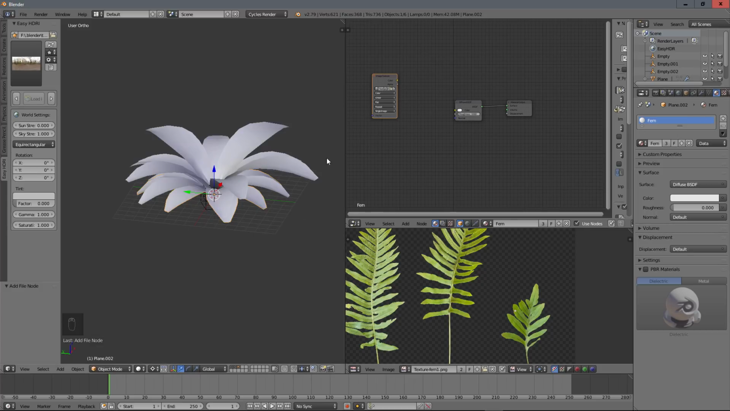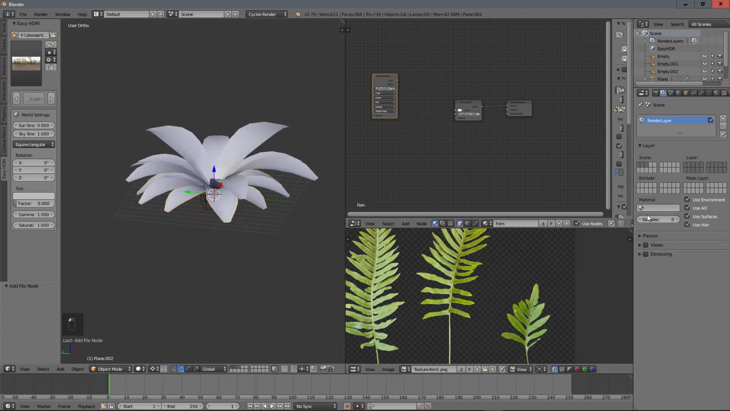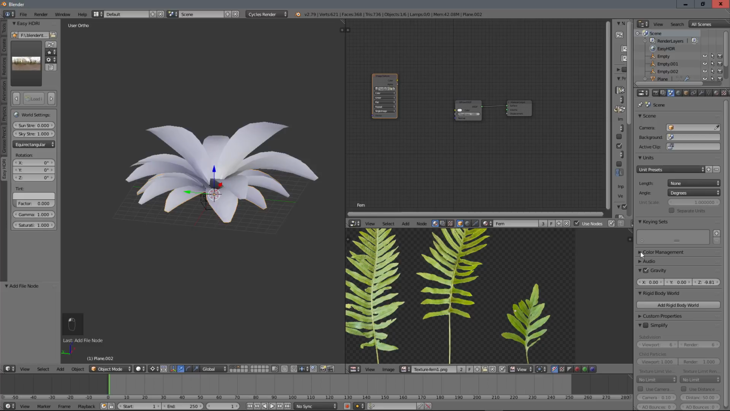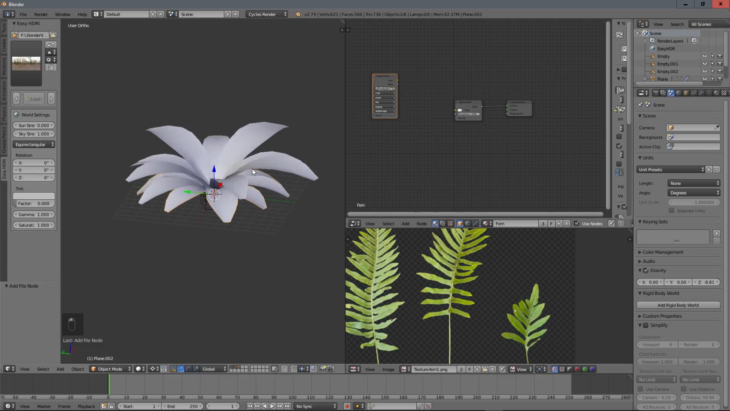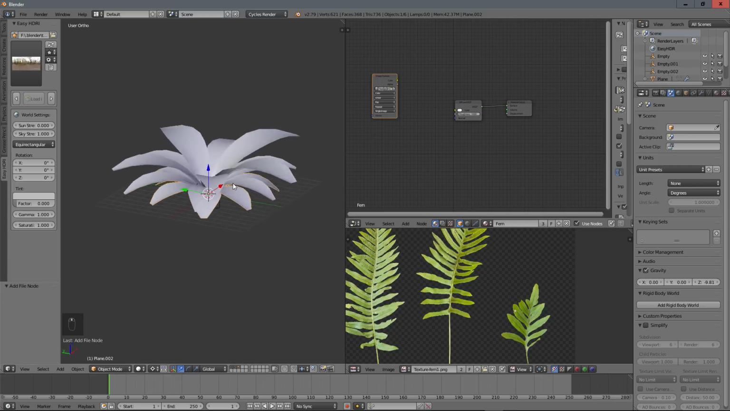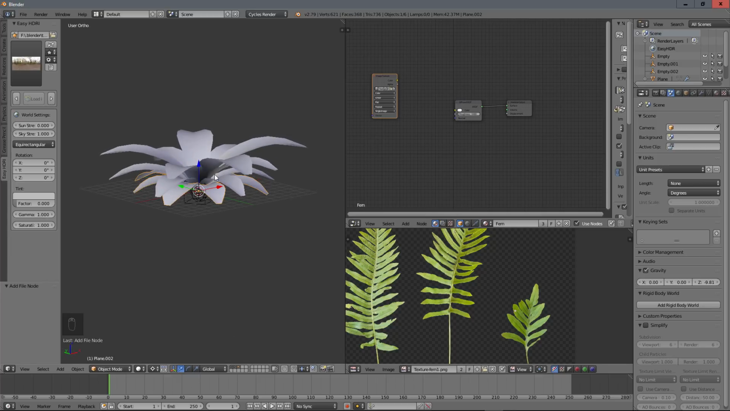And if you use HDRI, I really recommend you to use filmic color management, it makes really more realistic results. If you don't know what I talk about at all, I really recommend you to go to my full training, where I take more time to explain it. Okay, so